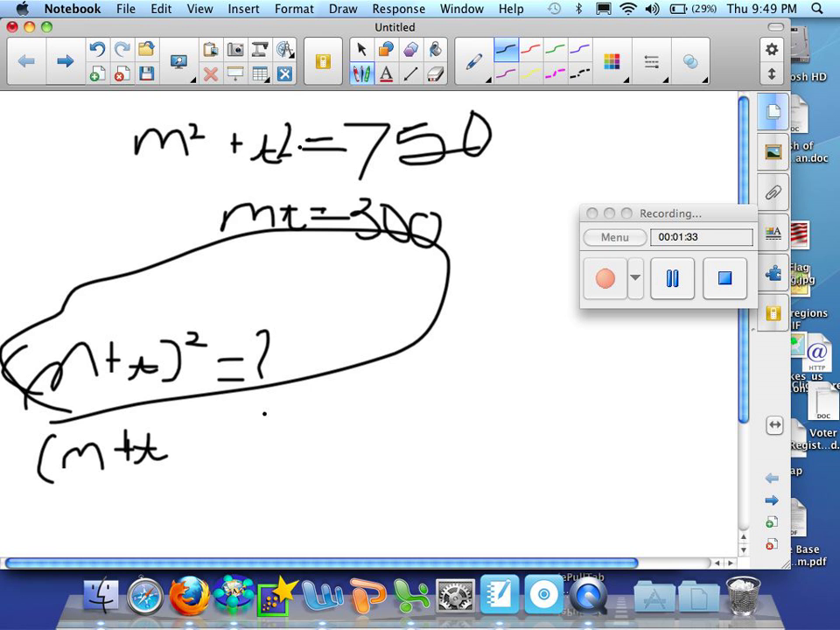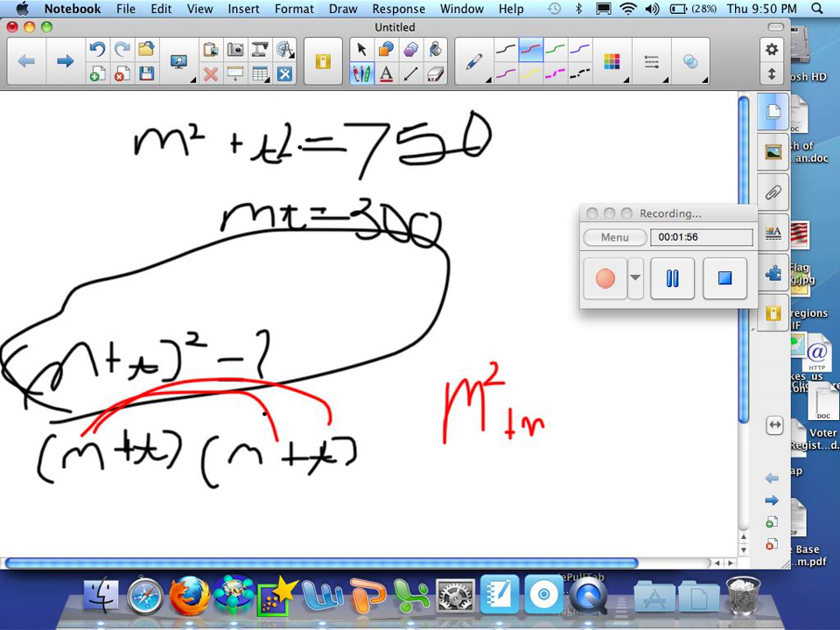So once we take a breath and try not to actually solve how our teachers usually make us solve, let's just look: what is m plus t, and what is (m plus t) squared? What are we actually looking for? Now, if we look at this and we square this out, we get m squared plus mt,